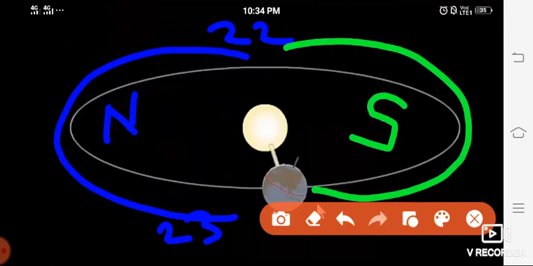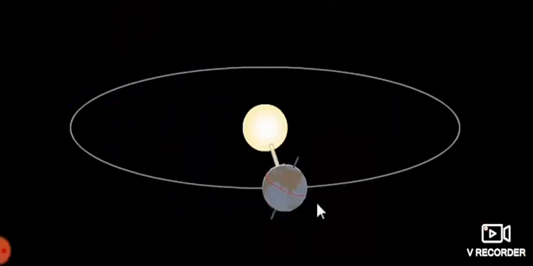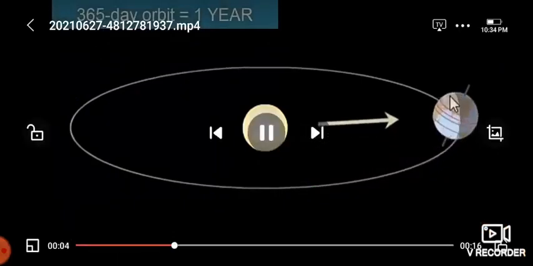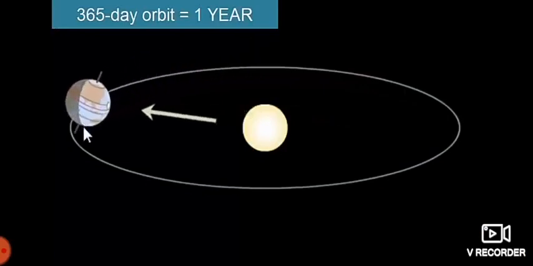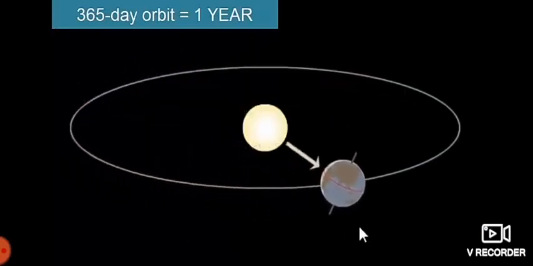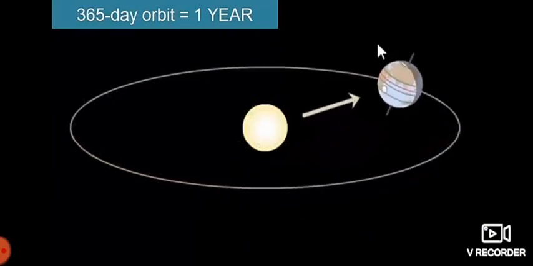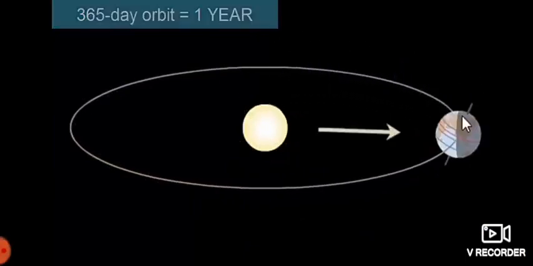Okay, I'll show you by playing the video. See, now is the southern hemisphere close to the sun, yes or no? See, now the northern hemisphere, northern is close. After this, now you can see southern is close. Yes, southern. So here you can see the southern part is close to the sun. Yes, it means there is summer season. Days are longer, nights are shorter. Now what is there in the northern hemisphere? Winter. Nights are longer, days are shorter.